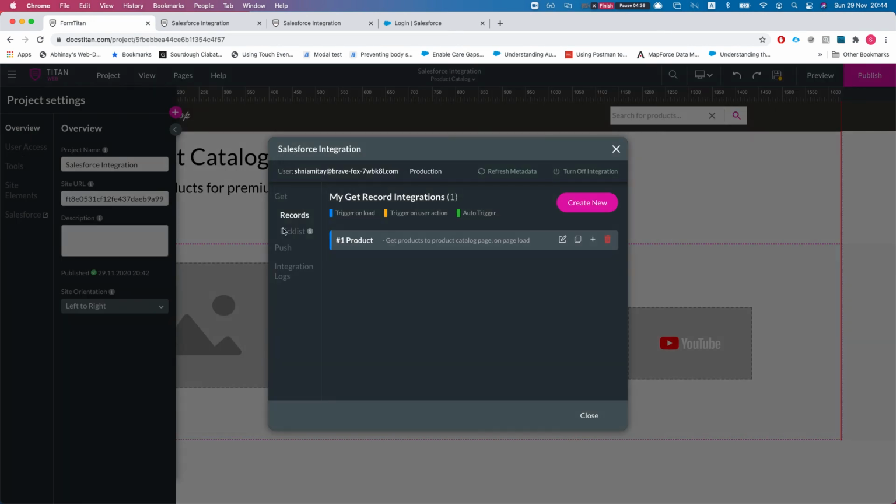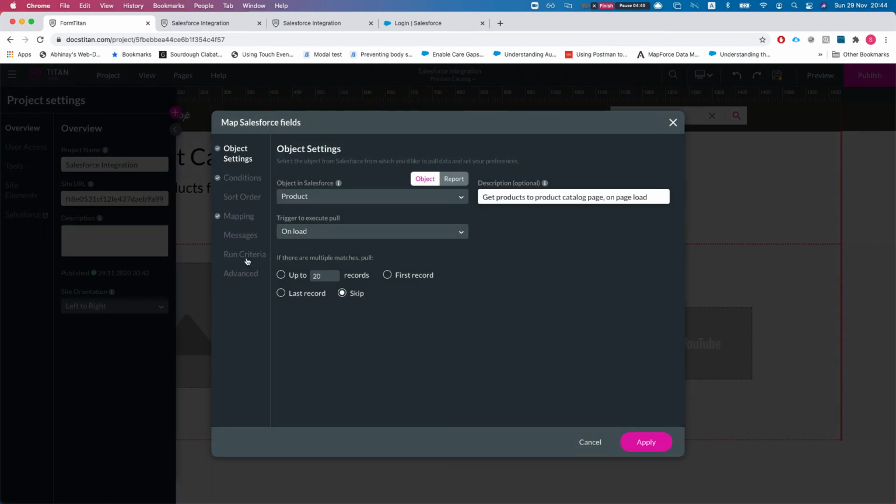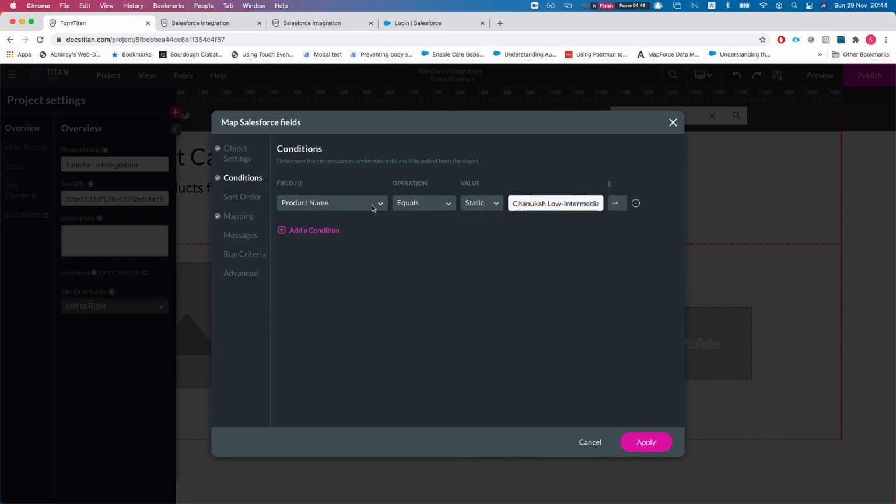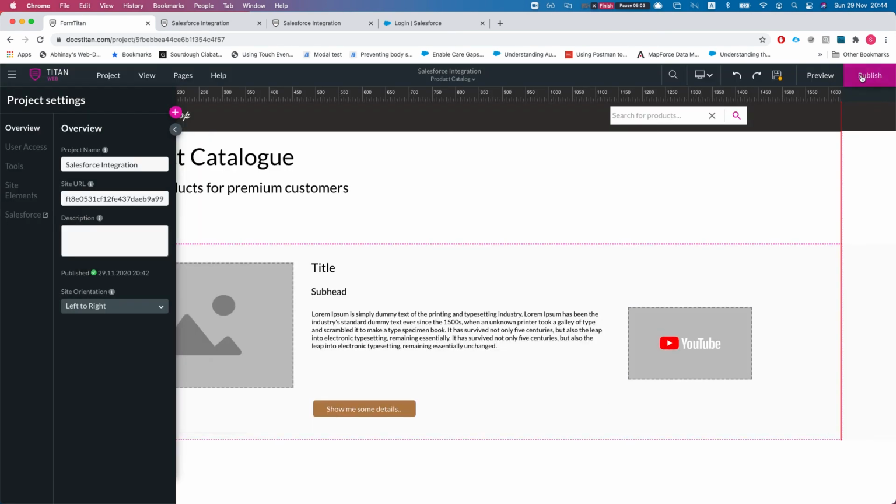So we'll go back to the Get, edit this, and head over to the conditions, and we will say product code starts with 11 dash. We'll apply this. Now we'll skip, since there are